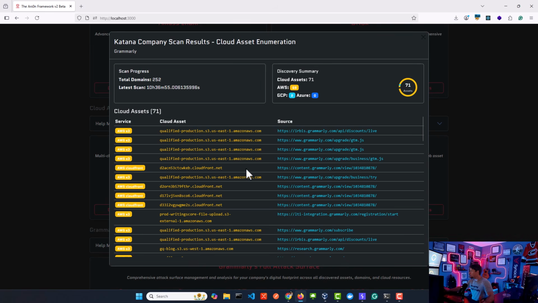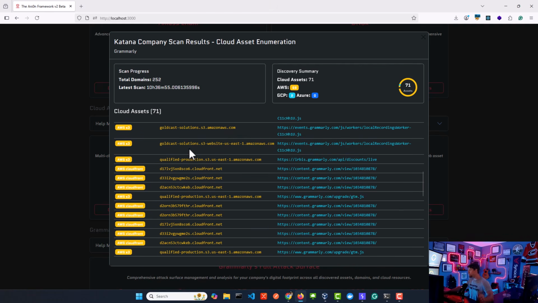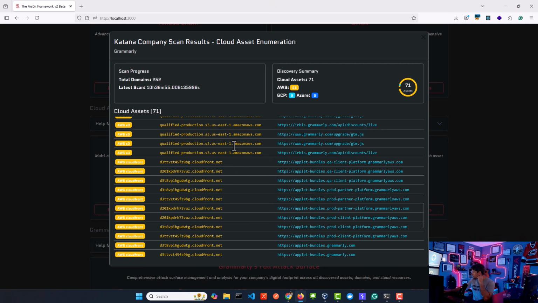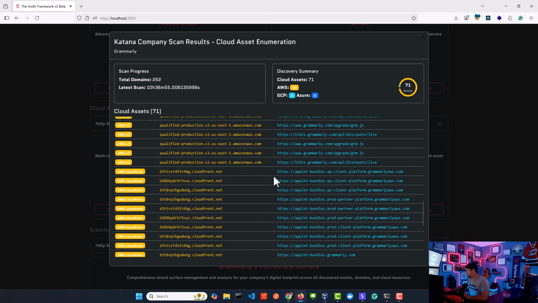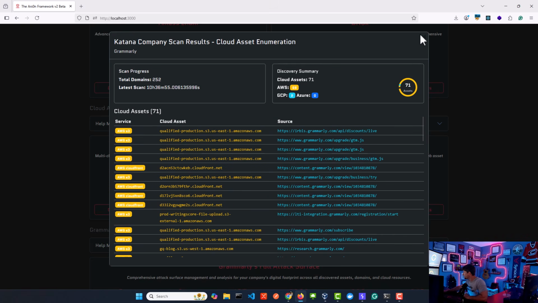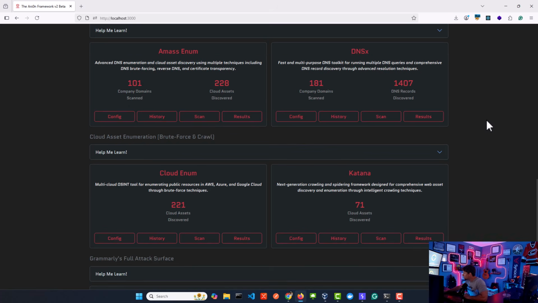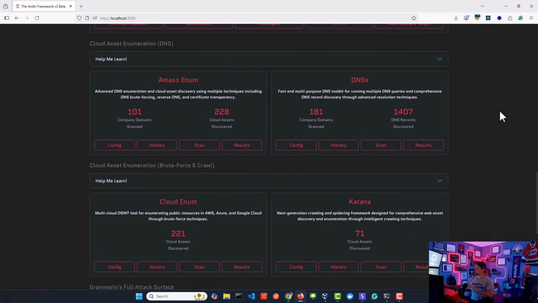I tend to get some of the best results from this one here, the most usable results. These S3 buckets that are popping up show you what the service is, where it was found, and then what that actual cloud asset is. So you can go through and test these. S3 website. I wish we had something like an incognito or anything, but it doesn't look like we have that there. That's totally fine. But yeah, so that is the 4 tools, the 2 main steps to go through cloud asset